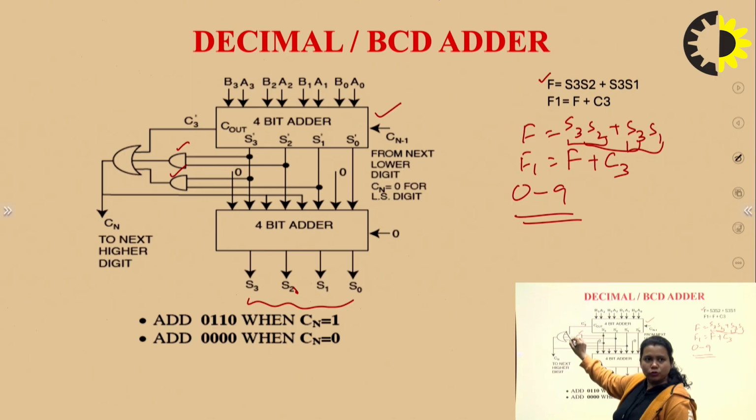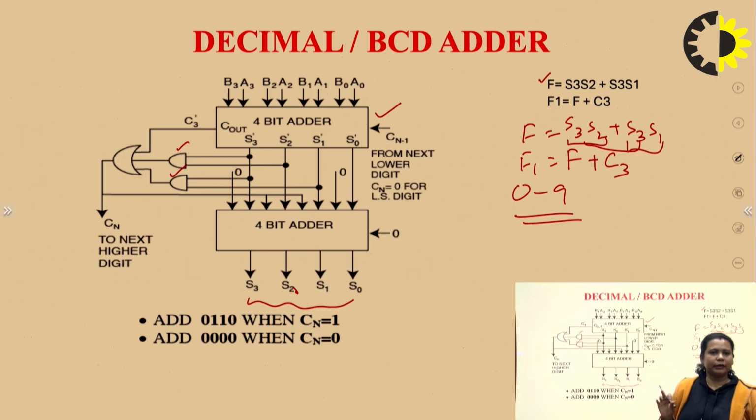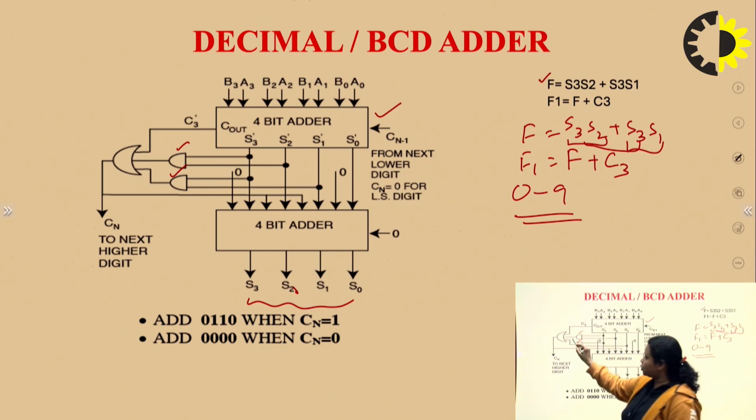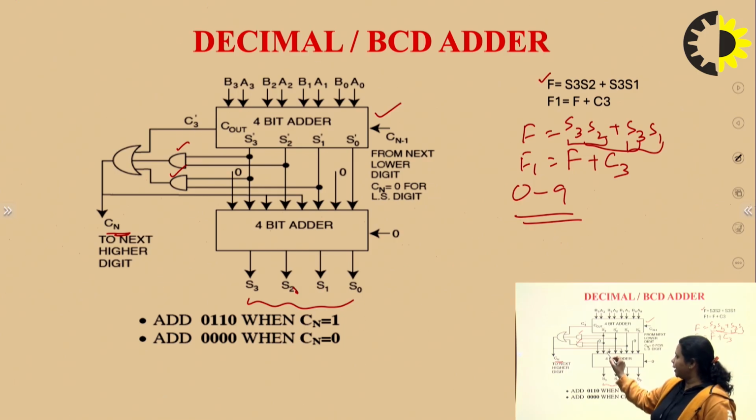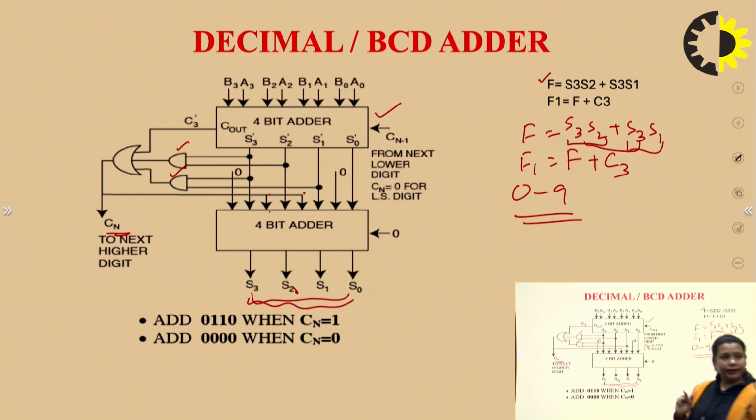There is also a rule that if a carry is there, then also you will be adding 6 to it. So the carry also you need to add, and this is your final Cn. If this Cn is 1, then it will be added to particular digits, like this will be added here, and if this is a valid addition, then it will generate 0 only, so there will be no change in your output. Similarly you will collect your output from here, and this is about the BCD adder.